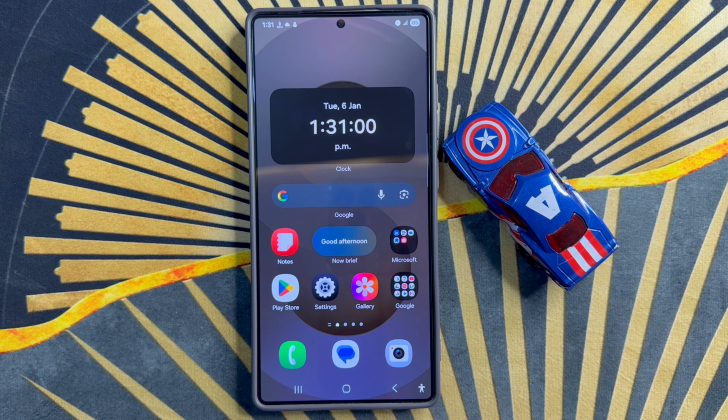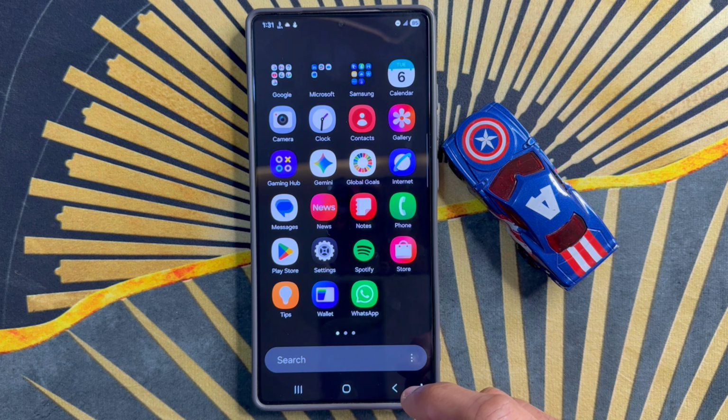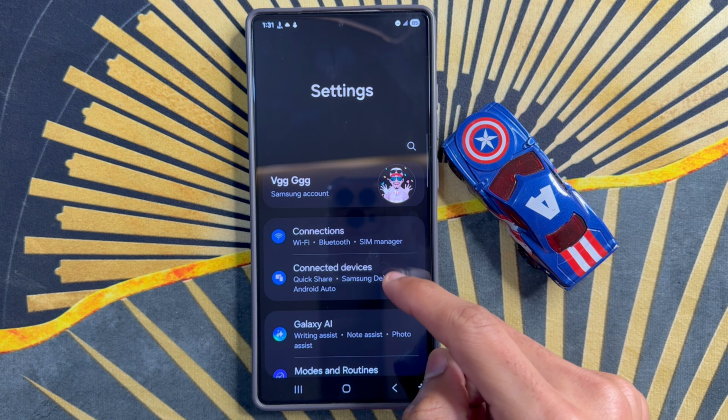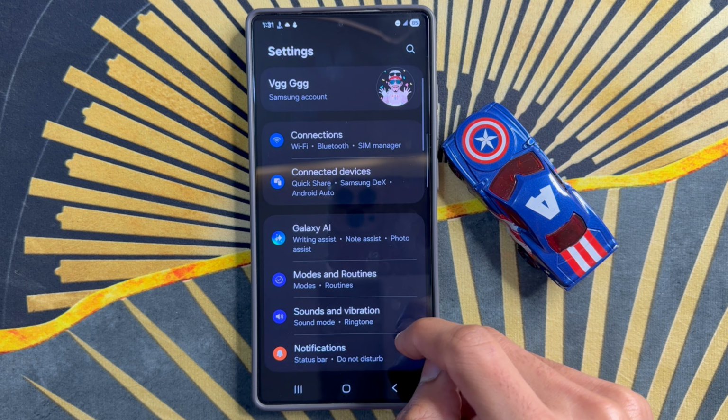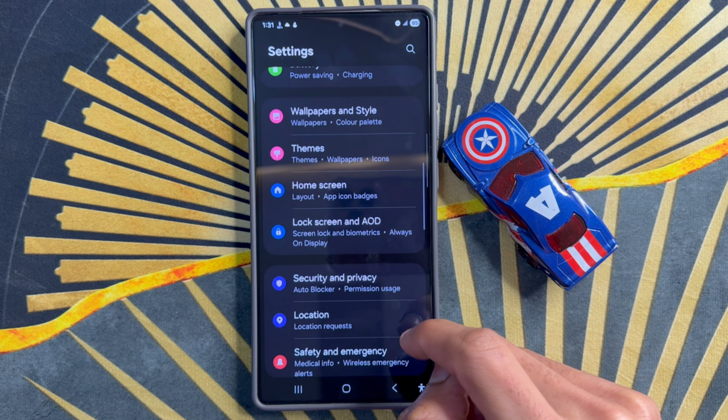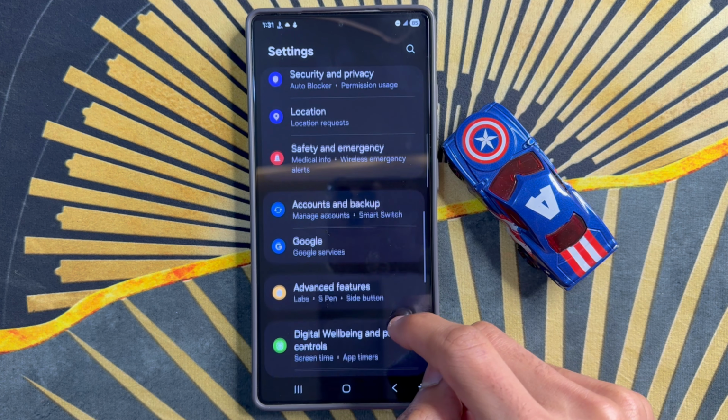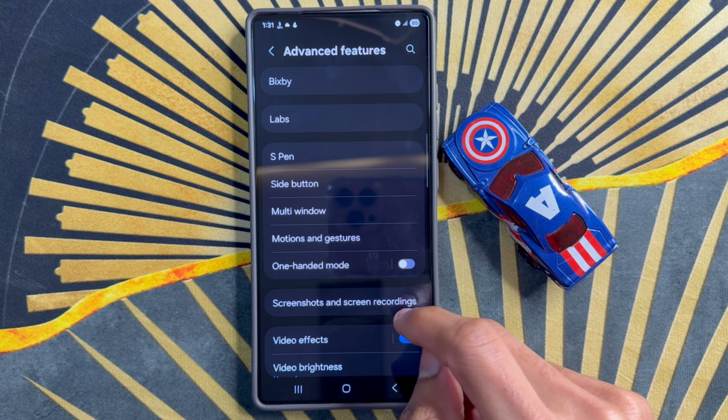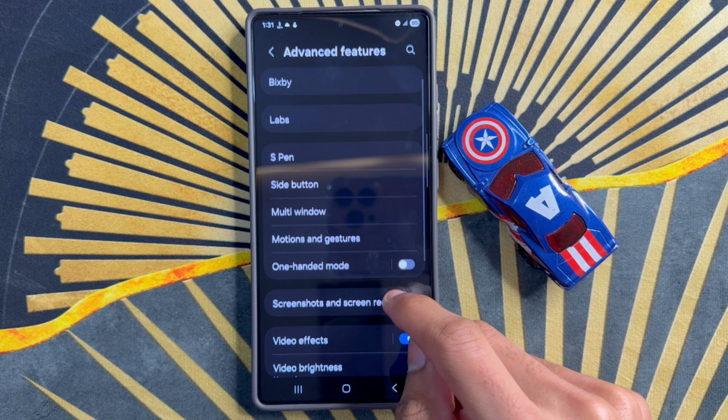Let's start the video. First of all, go to App Library. Here click on Settings app. Now in Settings, scroll down and click on Advanced Features. After clicking on Advanced Features, you will see